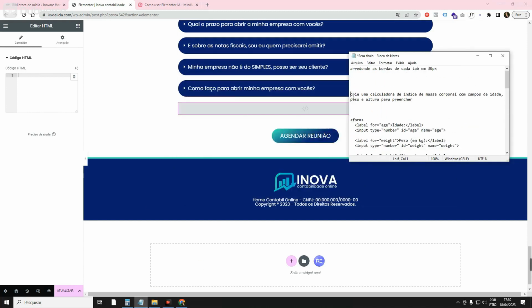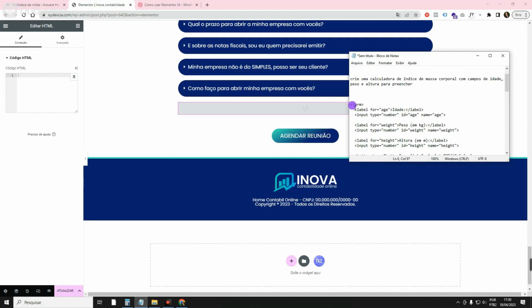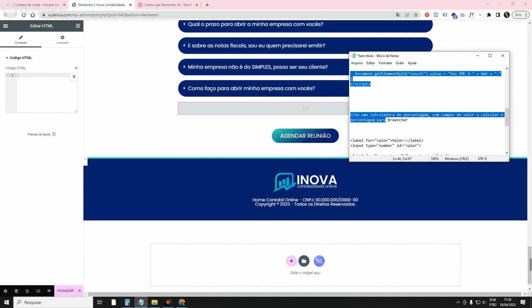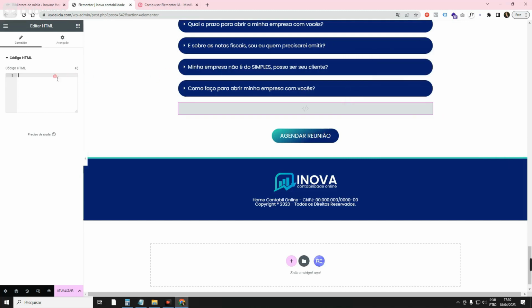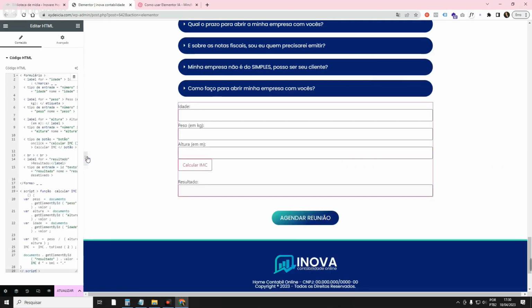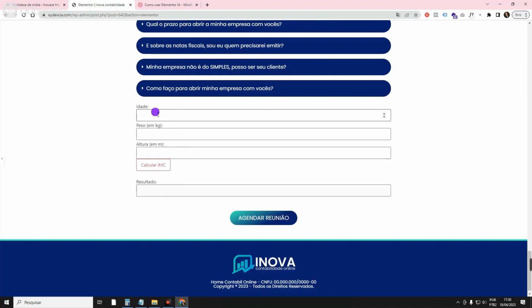The same commands, I even wrote down the prompt, which are the commands. When I asked to generate a body mass index calculator, it brought me this code here. Then I pasted it and it became a calculator. I'll even do a calculation here. See? It already shows here.